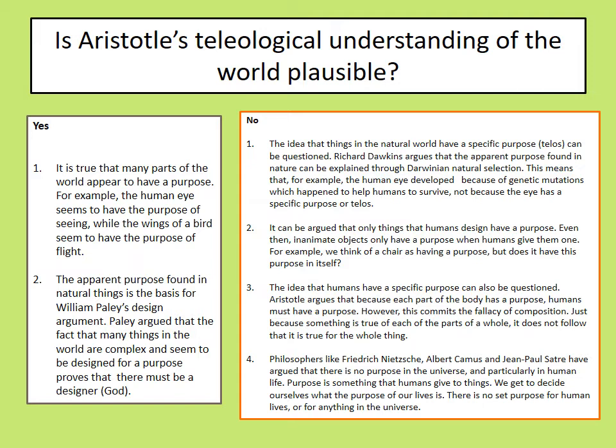Now, if you look at all those arguments, obviously you can't use all those arguments in an essay, but you probably could combine a couple of the arguments in the no column to make a good case to say that Aristotle is mistaken here. There's actually one argument that I haven't put in here, and that is that there are some philosophers in the world today who believe that everything has a purpose, but they tend to be theists. They tend to be people who believe in God, because if you think about it, if things have got a purpose, then that would seem to suggest that there's someone who's made them to give them that purpose. That is the whole basis of William Paley's design argument.